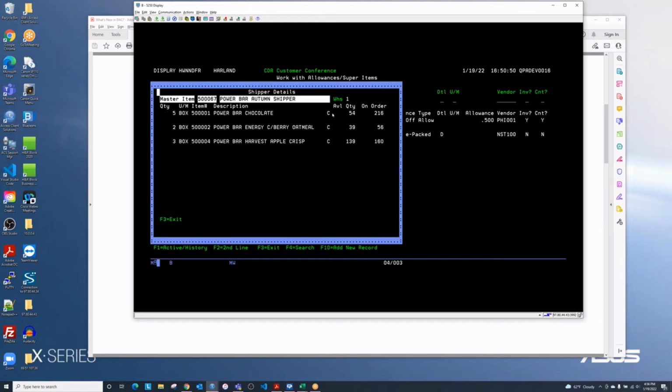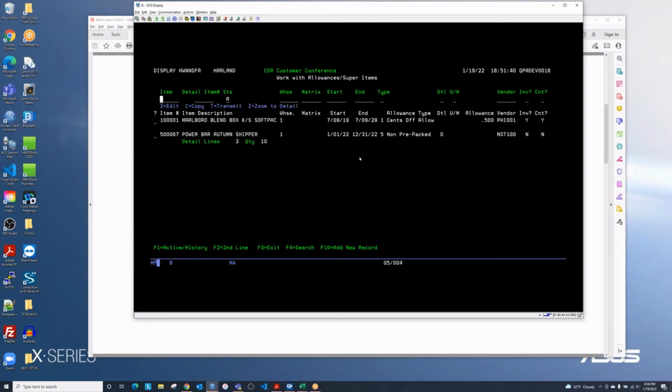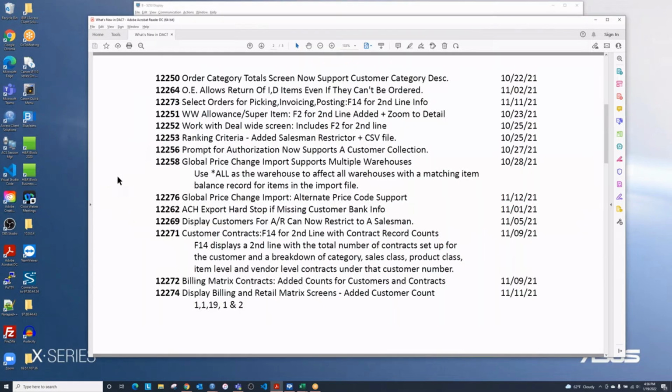Do you charge for it? You know, the status of it, how many you have available in the warehouse, how many are on order. So just a little quick thumbnail of what's going on inside of the super item. Moving along,